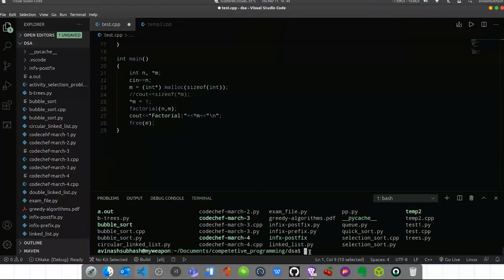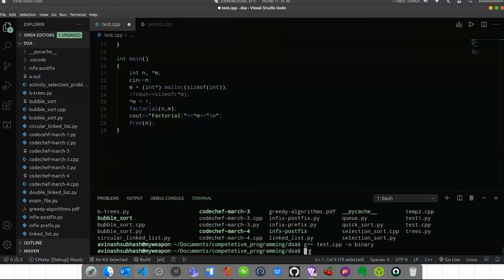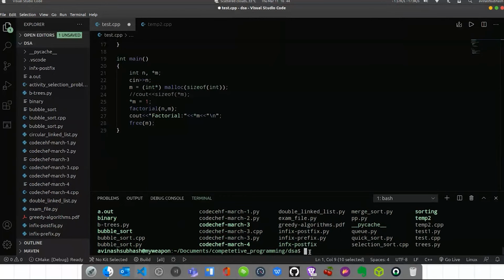We can also rename it, because there is another option: if we put -o and place the name binary, as you can see, there is another binary file named binary. If we use the command ./binary, this will execute this binary file.